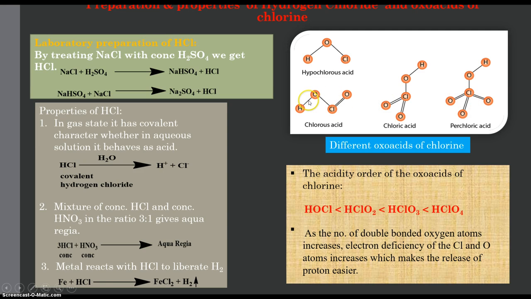So that's why the tendency of these hydrogen atoms to leave the compound by breaking the bond in this way increases, and that's why the acidity increases from left to right. And for these reasons, the overall acidity would be like this: HOCl is the least acidic, and acidity increases from HClO2, then HClO3, then HClO4. Okay,